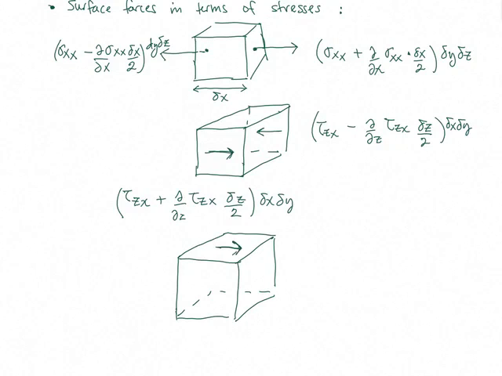So on the top face we'll have this stress in the positive x direction, which is going to be tau yz plus the variation d dy now of tau yz times the distance between the center and that face, which is dy half. Oops, the parenthesis goes outside. And times the element of area, which is